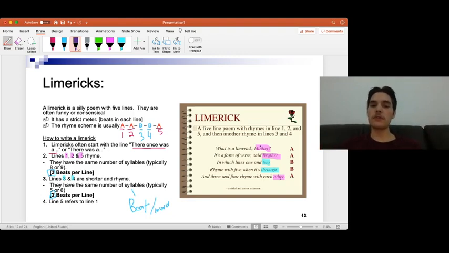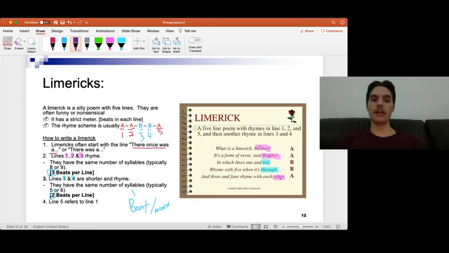With limericks, there's also something about syllables. If you don't remember what a syllable is, it's how many beats are in a word. So for instance, when you say it out loud, syllable has three syllables. If I say my first name, Callum, it has two syllables. Oftentimes, lines 1, 2, and 5 will have 8 or 9 or 10, the most syllables. Lines 3 and 4 will have the fewest, so they're shorter. That's really all you have to know. Lines 1, 2, and 5 are longer. Lines 3 and 4 are shorter. Okay? And that's what I want you to focus on.